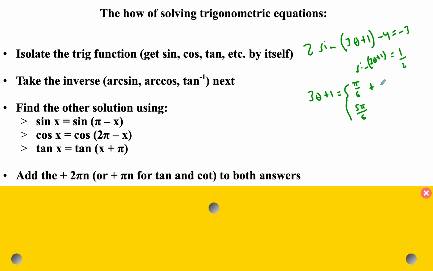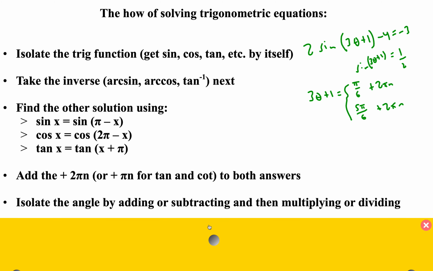Now, this can be useful even if you're not solving for all solutions. The reason it's 2 pi n is because the base period of sine is 2 pi. If it were tangent or cotangent, then you'd add pi n. n is an integer. If it's 0, then it's just this solution. If it's 1, then it's pi over 6 plus 2 pi, which you know to be the same angle. And that can go positive or negative, which means this is covering all the possible solutions. So even if you're solving between 0 and 2 pi, however, it's useful to do this